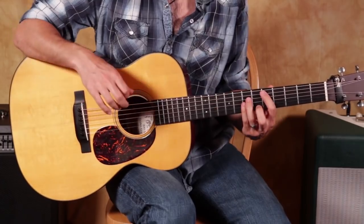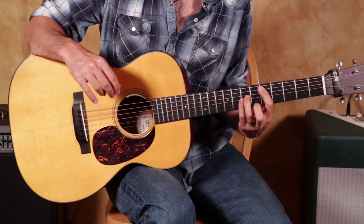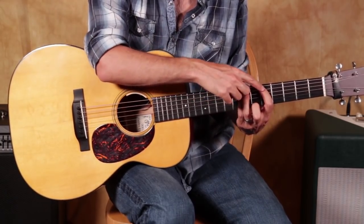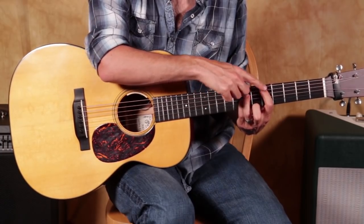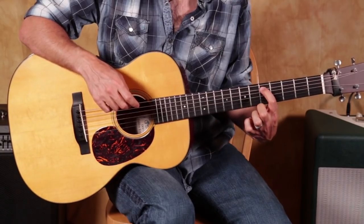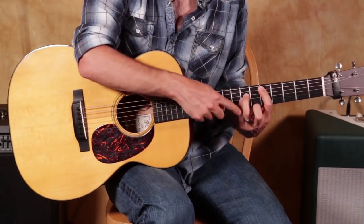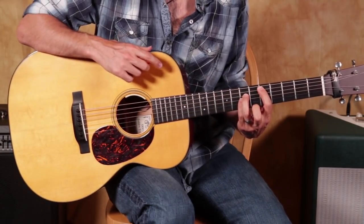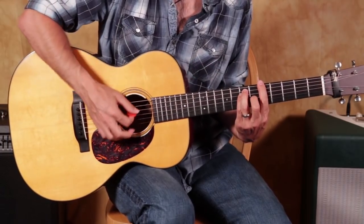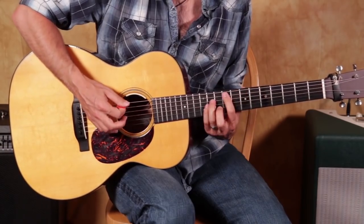Now, you may have noticed when I went to that D chord as well, you don't have to play the whole chord. So what I did was I used what's called a 5 chord, and we'll get into that later, but I'm only hitting the top 2 or 3 strings anyways. So I just used my 3rd and 4th finger. I went A string, D string, G string, and then I kept that exact same shape because when I go up to the A, I'm actually going to need that exact same shape, and then I just put down my 2nd finger and I have that major chord. So we got